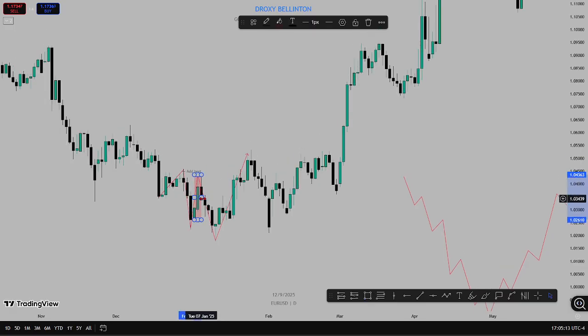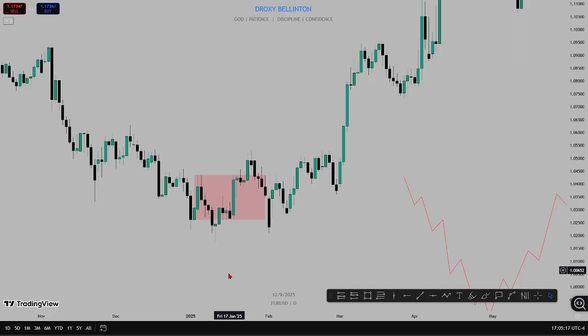Then if I extend it, let me remove this one. So the last bullish candle or candles before the down move that took what we call a stop hunt, or you can call it a swing low. The last bullish candle before the down move that took a stop hunt. You understand? And when price displaces and closes above this breaker,